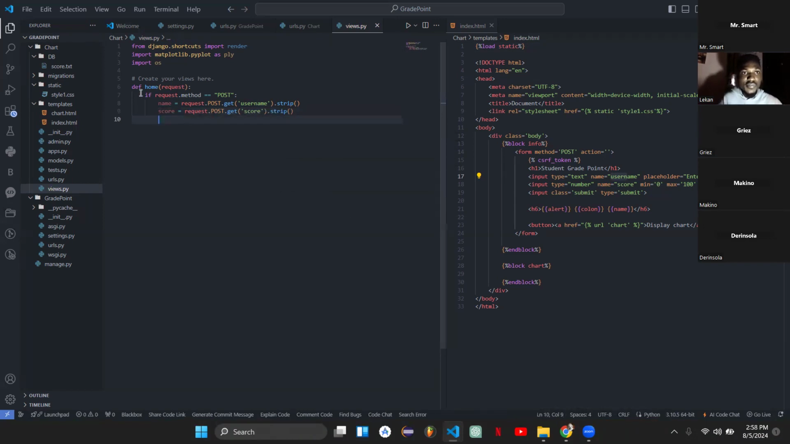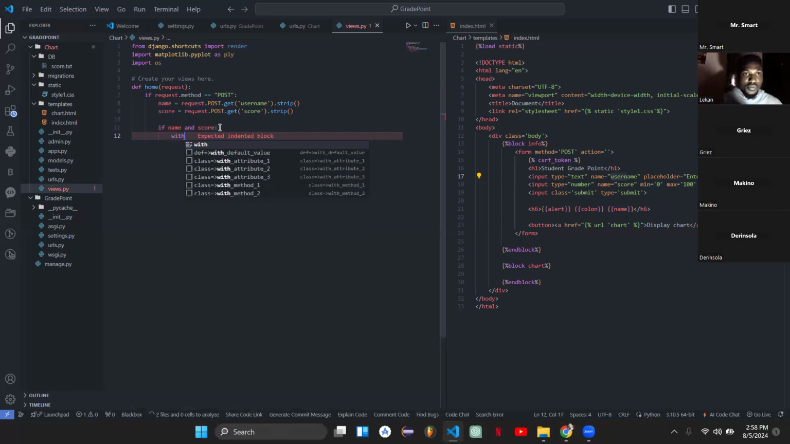So from there, if these conditions are right, then we can now say if name and score, meaning that if the two are not void, meaning that they have a particular value for each variable, then we can decide to continue with our operation. So, opening a function, for the function